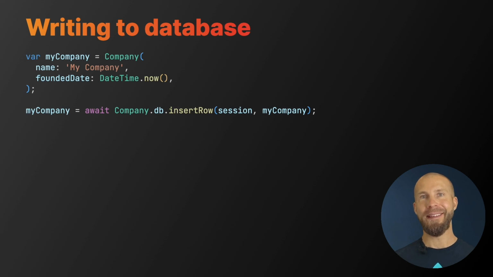When you add a database table to your model, Serverpod will add a static DB field to the generated class. The DB field gives access to several methods for working with the database. For instance, if you want to insert an object into the database, you use the insertRow method. When working with Serverpod, every table has an ID column, a unique object identifier when stored in the database. Inserting an object will return a copy with the ID field set to the row's ID number.